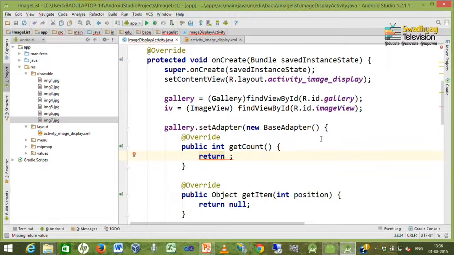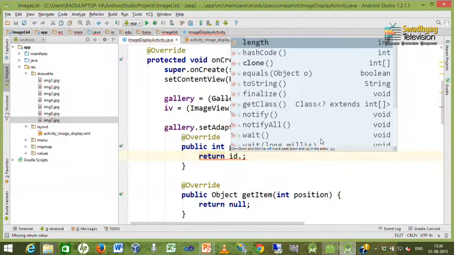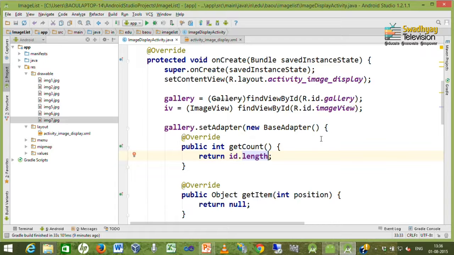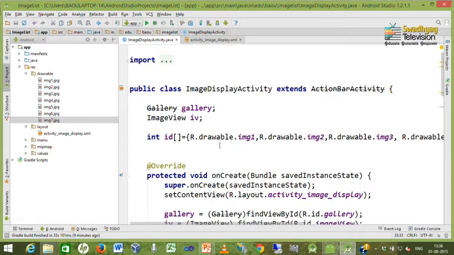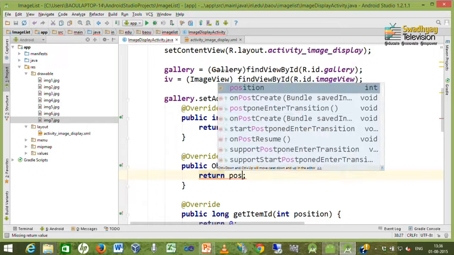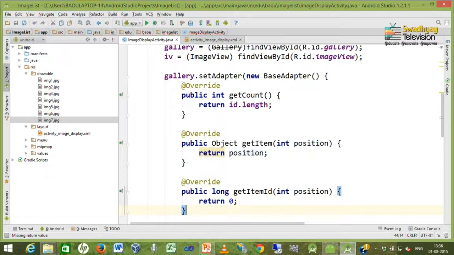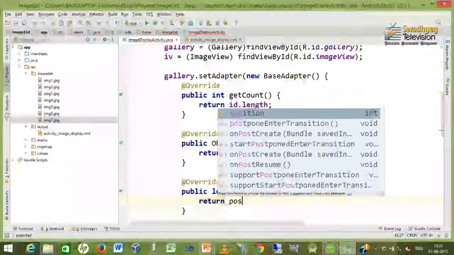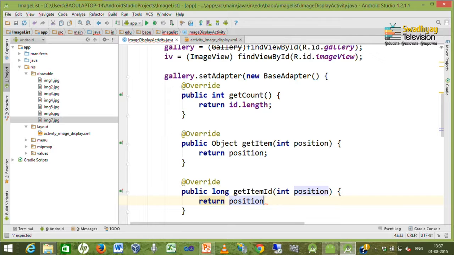So, here I write down IDs dot length, which means there are 7 images to be displayed inside this gallery view, and it is represented by these IDs. Now, in get item, instead of returning null, we return its position, and inside get item ID we also return position.